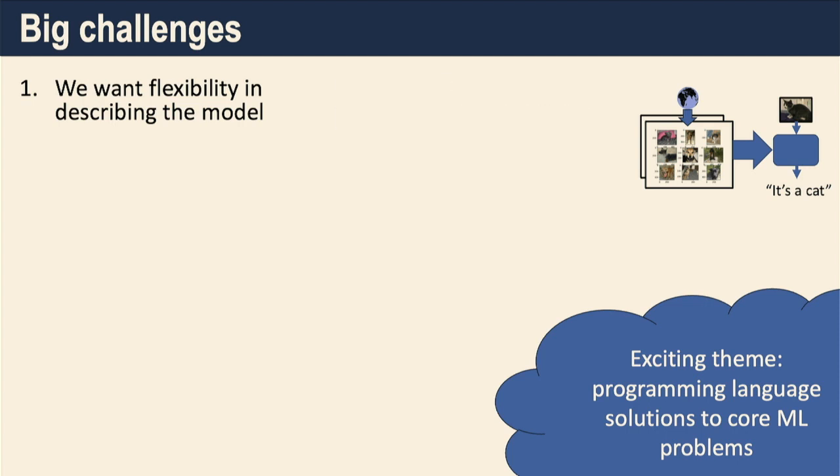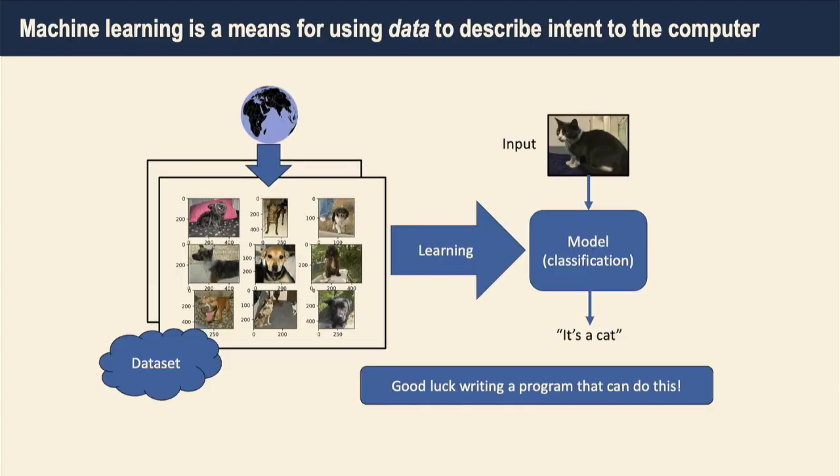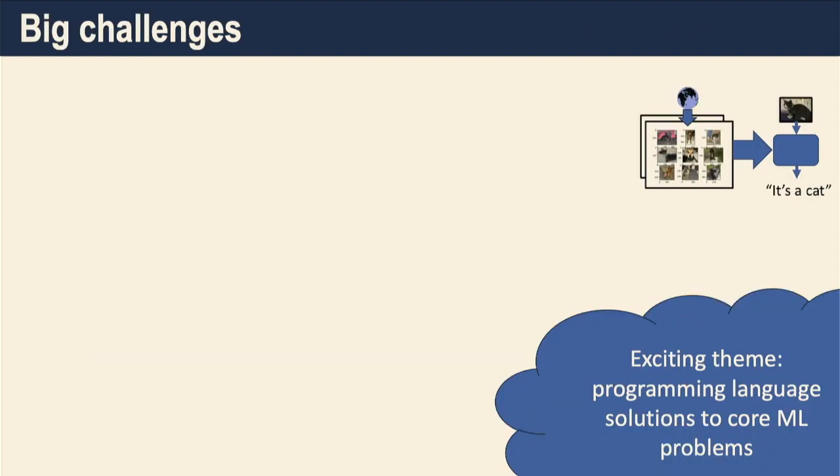Oh, something very bad happened to my slides. Okay, anyway. So here are some of the big challenges happening right now in machine learning that I want to mention, and how each paper connects up to one of those challenges. So one big challenge in machine learning is we want flexibility in describing that model. So on the previous slide, I had this model here. What is that? How do I tell you what that is? That tells me what I should be learning.